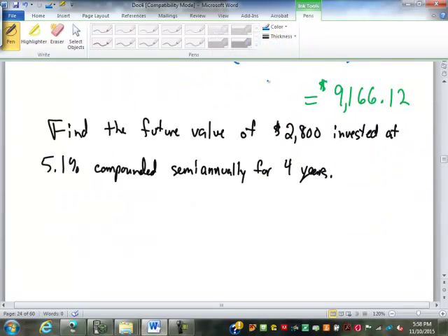So tell me how to set up my formula here. Future value is going to equal what? Present value, which is 2,800